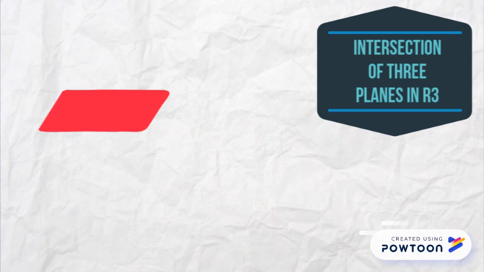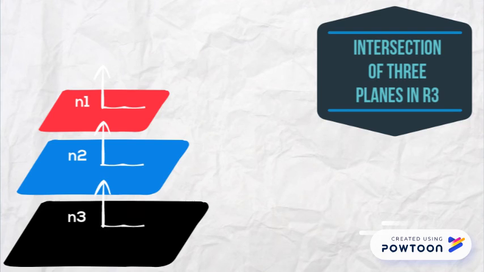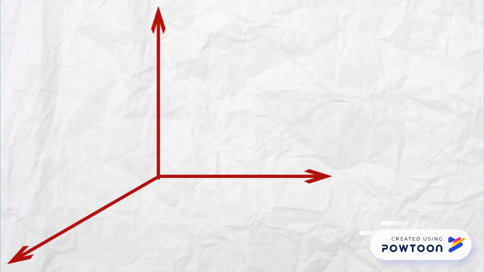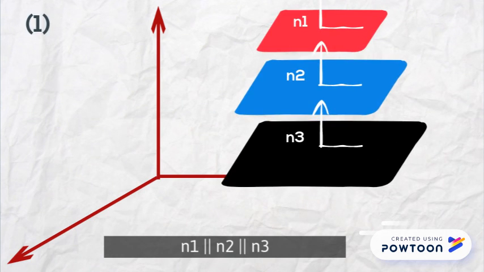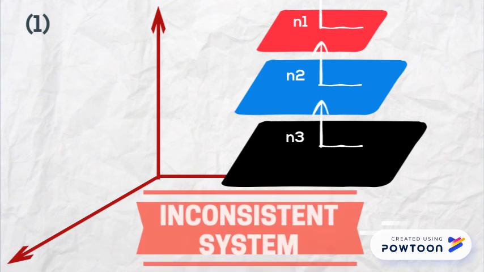There will be 3 options for 3 planes intersecting in R3. Let's say all 3 planes are parallel to each other, or the normals are parallel, like n1 parallel to n2 parallel to n3. In this case, there will be 3 scenarios. First one, all 3 planes are parallel and distinct, so that one is an inconsistent system with no solution. Second,